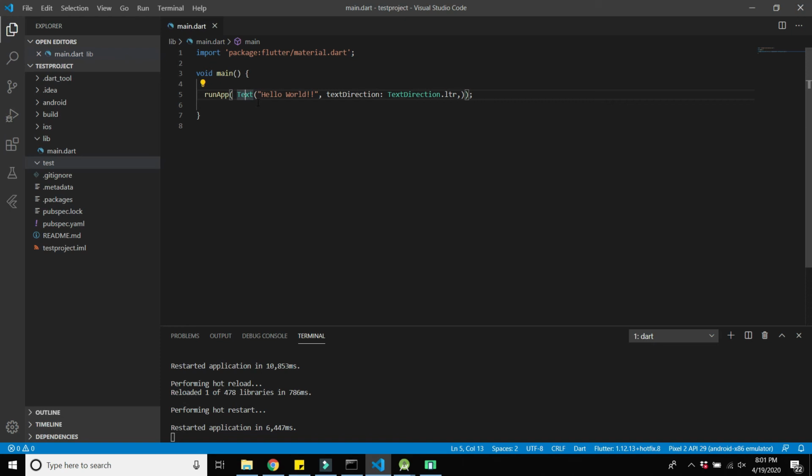Just you have to press the Control and dot button, and it will open this dialog box that shows what you want to add as the widget. Like we want to wrap this text widget with the Center widget. There are a lot of widgets we will use later in our course, but here we want to wrap this widget to the Center widget to show the text to the center of the screen.